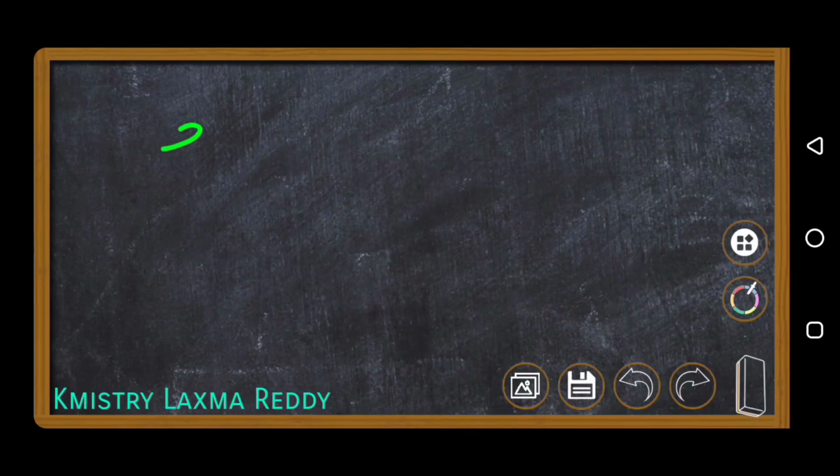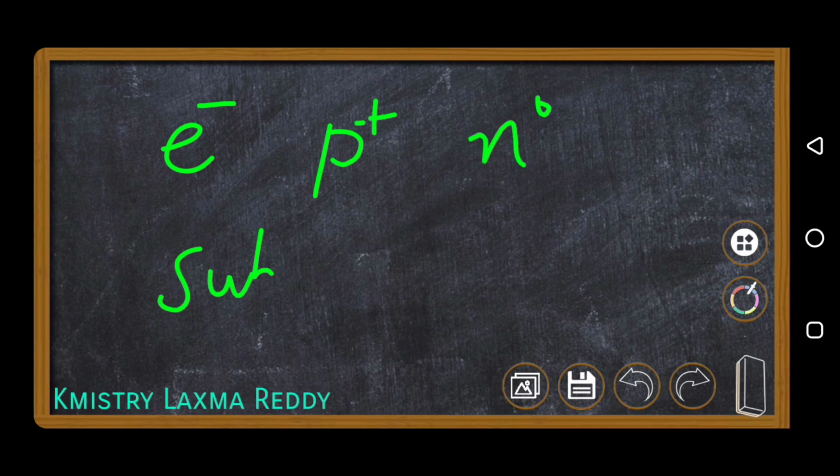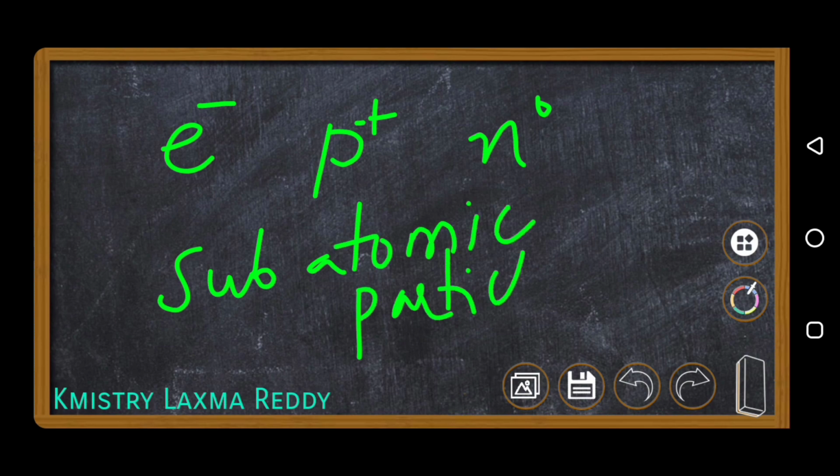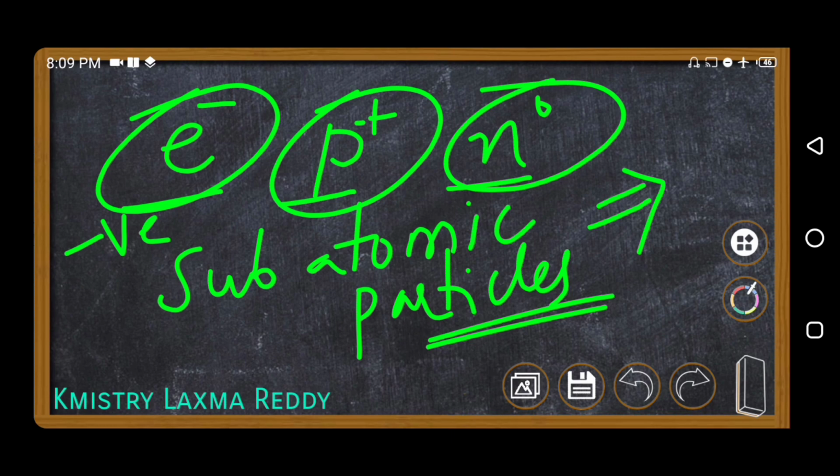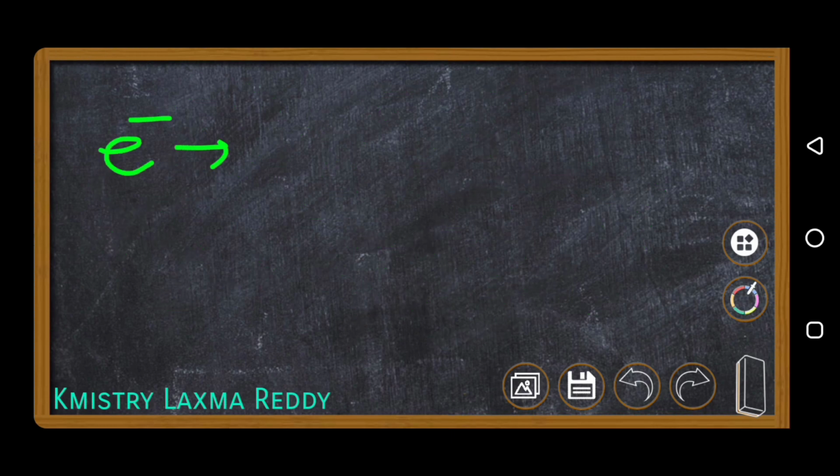So first of all, electrons, protons and neutrons. These are subatomic particles. I am not moving into Rutherford's model, Dalton's model and all. Along with these, a few more are there: positrons, mesons, all those. 100 types generally we say. But these are important: electrons, protons and neutrons. Electron is negatively charged, proton is positively charged and neutron is electrically neutral. So electron is -1, proton +1 charge we say, and neutron is electrically neutral, so I am